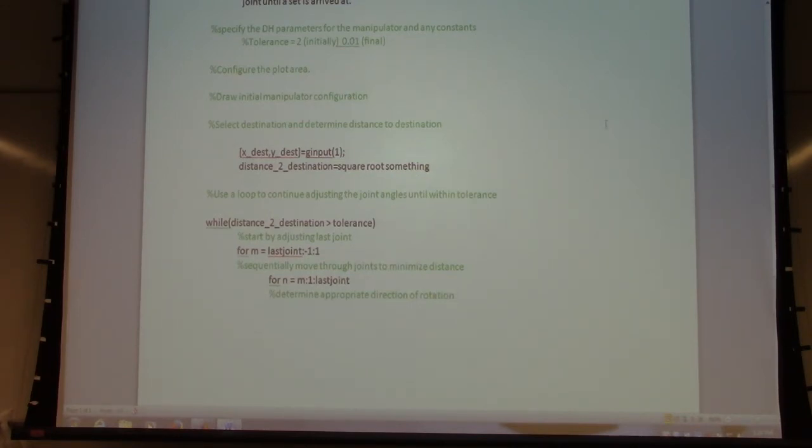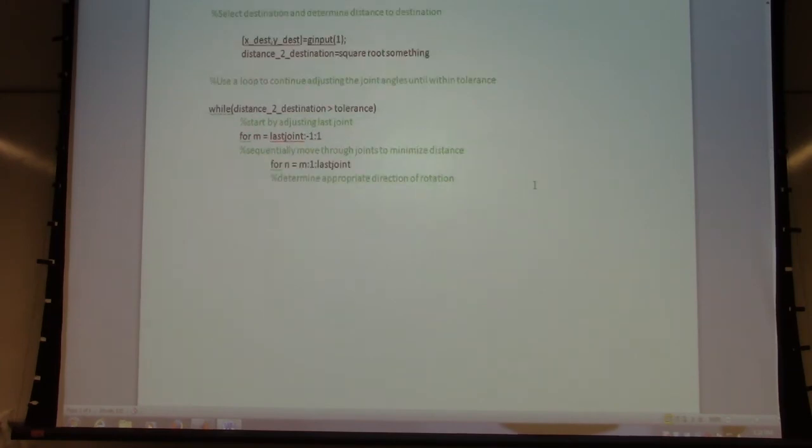Notice that that's only going to be done one time each time we enter this inside loop. We can go in and check that direction of travel the first time we enter that loop, and that's it. We don't have to mess with it again, because everything else is going to take place within our adjusting loop. So what we're going to do is, after we know the direction of travel,